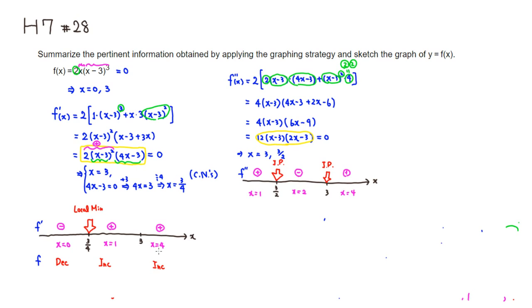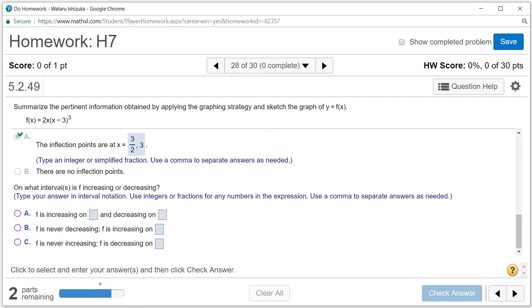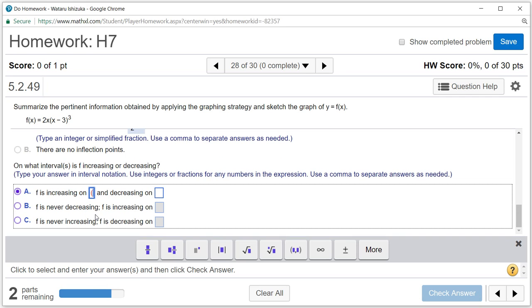So it's decreasing up to 3/4 and increasing after that. So it's going to be increasing on 3/4